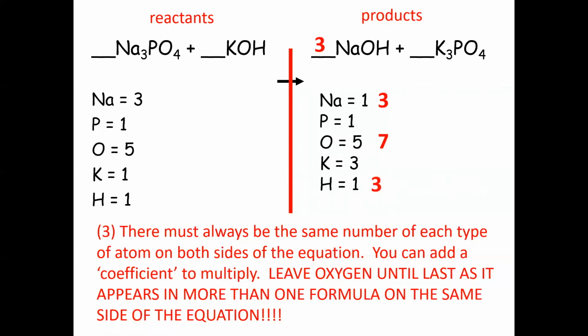So to balance the other side, we can see that sodium is now balanced, phosphorus is balanced, but oxygen and potassium and hydrogen are no longer balanced. So if I want to increase the number of potassium to start with, if I put a 3 in front of potassium hydroxide, I've now got 3 potassium, but I've also increased the number of oxygen